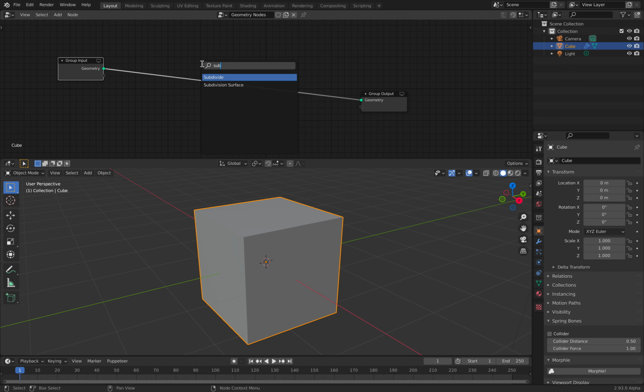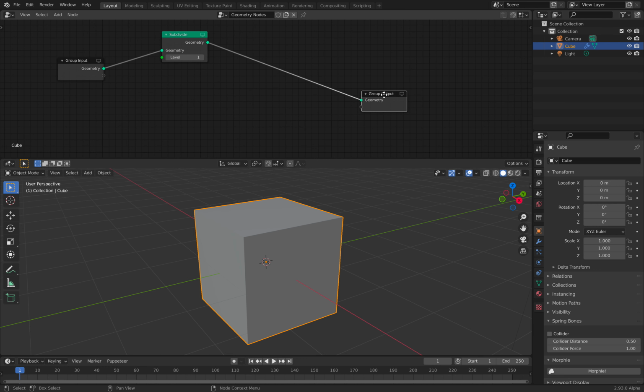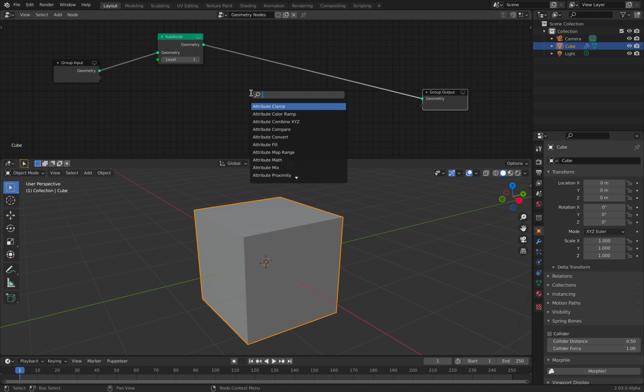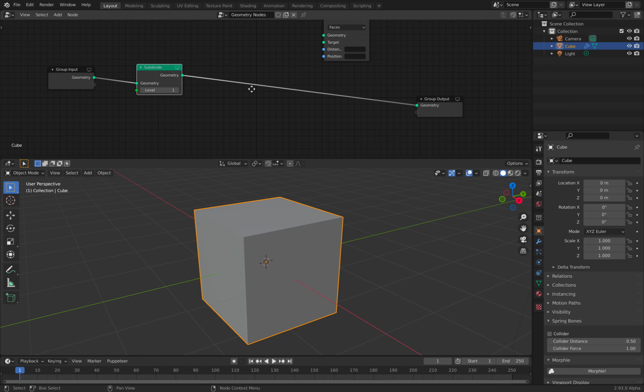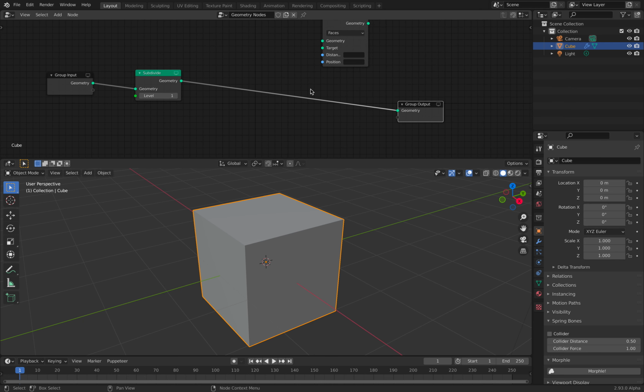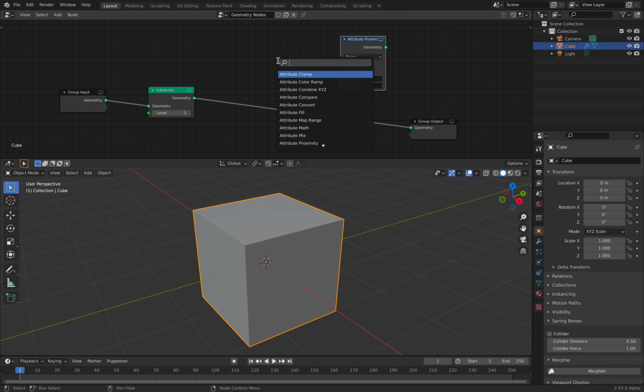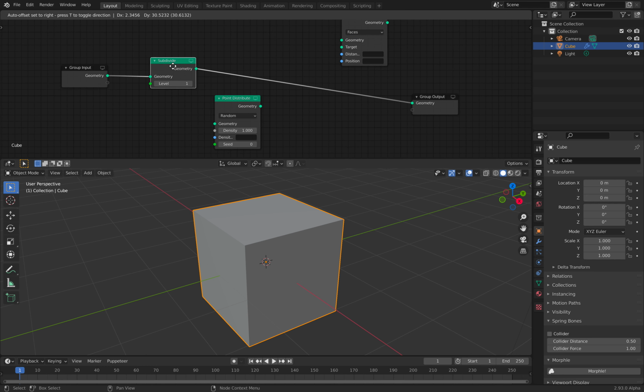We're gonna do subdivisions. So subdivide. So it's adding details, but on top of that, I'll be using attribute proximity, and in order to have something that's invisible, that's meta, we're gonna be using another geometry. We need to point distribute. So original geometry goes in,